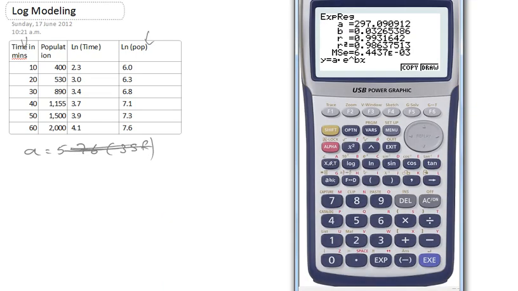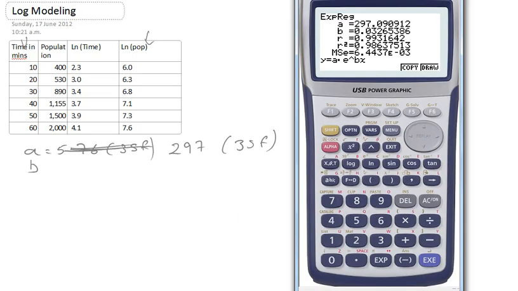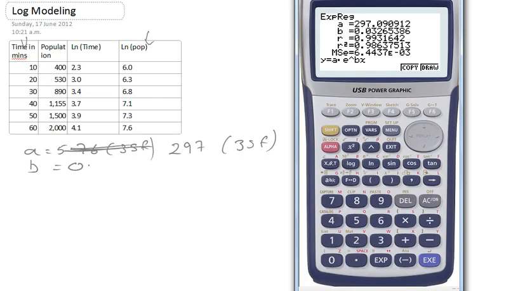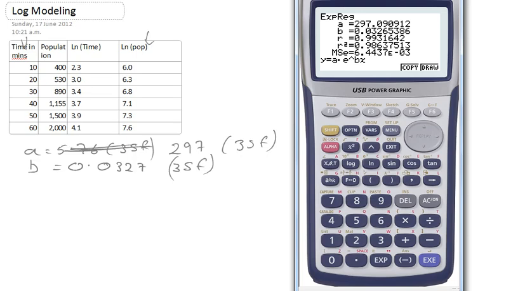So I've got my A as 297 to 3 significant figures, and I've got my B as 0.327 to 3 significant figures. So now I can write down my equation of population y in terms of time t,